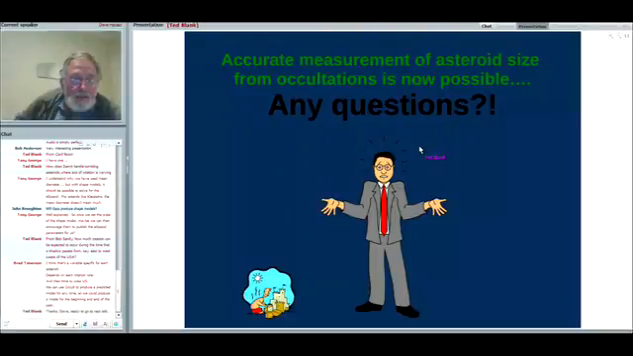Now, Brad's commented, thinks a variable specific for each asteroid, yes. Okay,